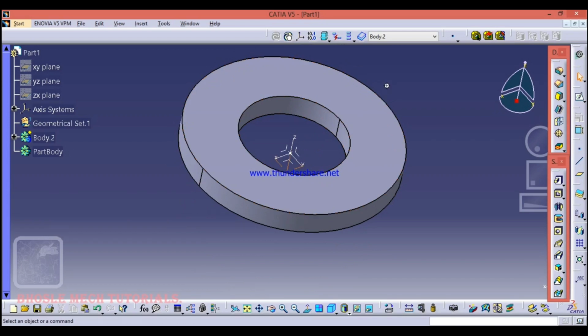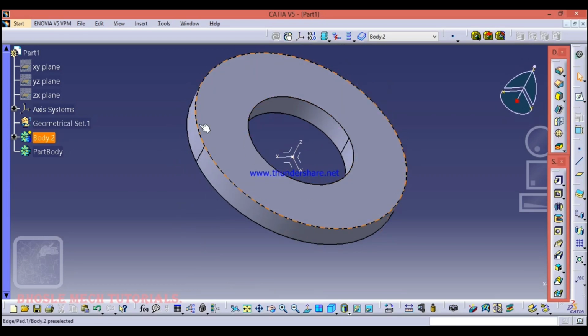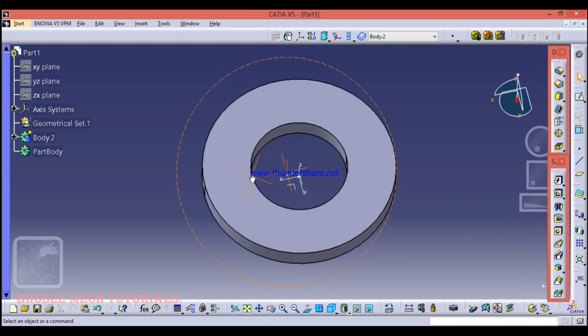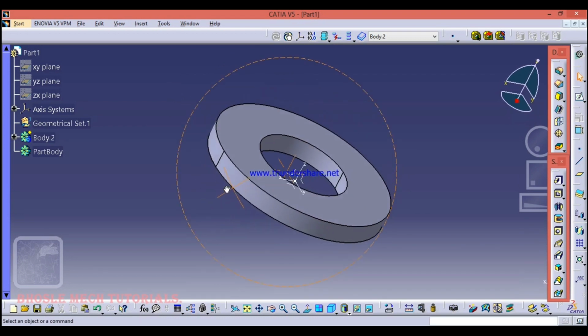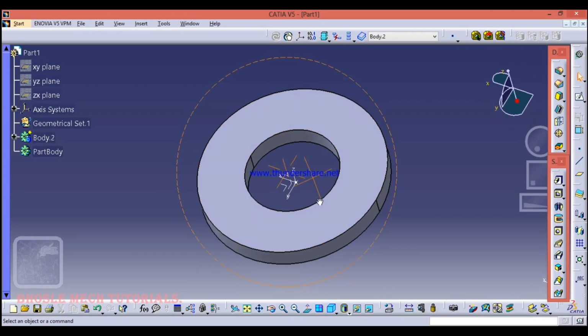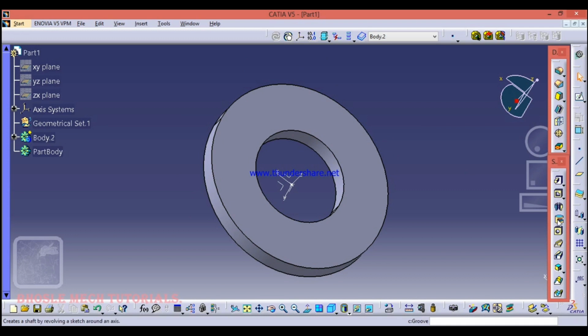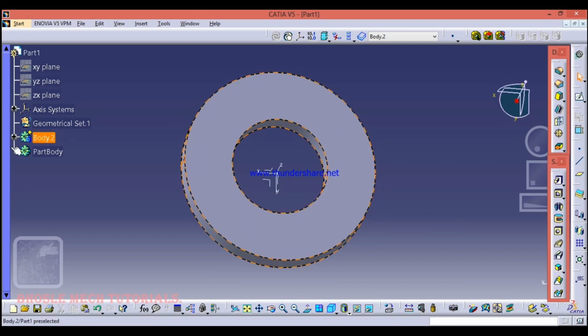Why we use this is because there is no relation between these two. If we want to edit any part, we can edit independently. That is the main reason why we are using these Boolean operations. And almost all industries operate these Boolean operations only. They will not use these hole and pocket commands.